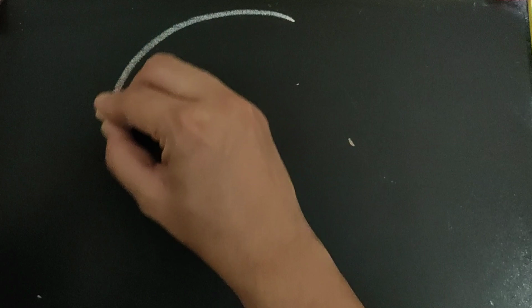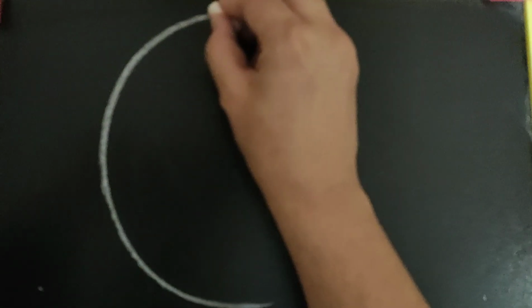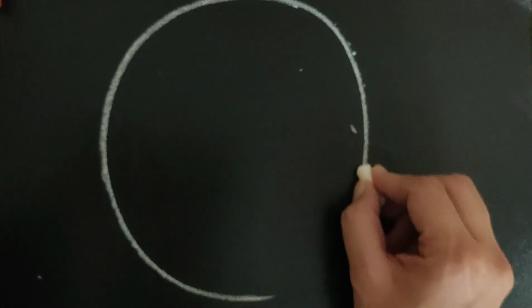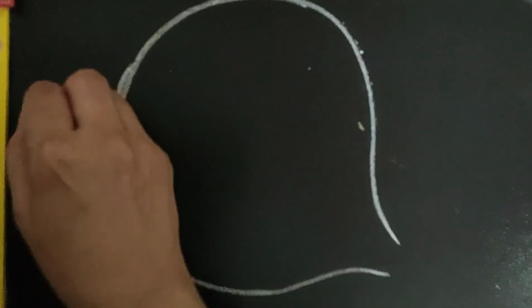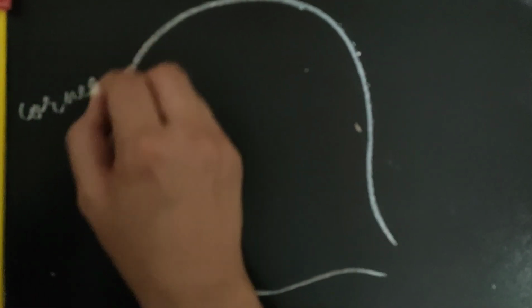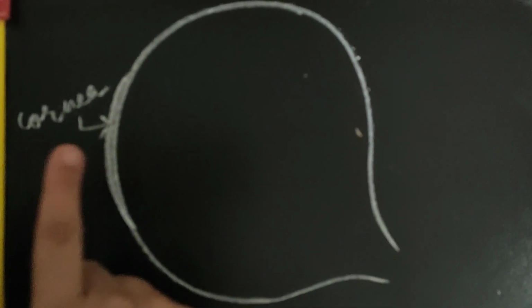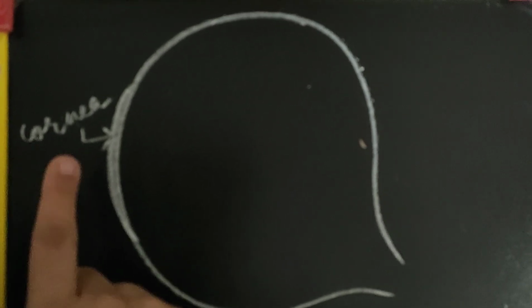So let us understand the structure of the human eye, which is roughly spherical in shape, and it has a diameter of approximately 2.3 centimeter to 2.5 centimeter in case of adults. The front bulge of the eye is known as the cornea. It is this part from where the light enters the eye, and maximum bending takes place here. Remember, maximum refraction takes place at this surface, the cornea.